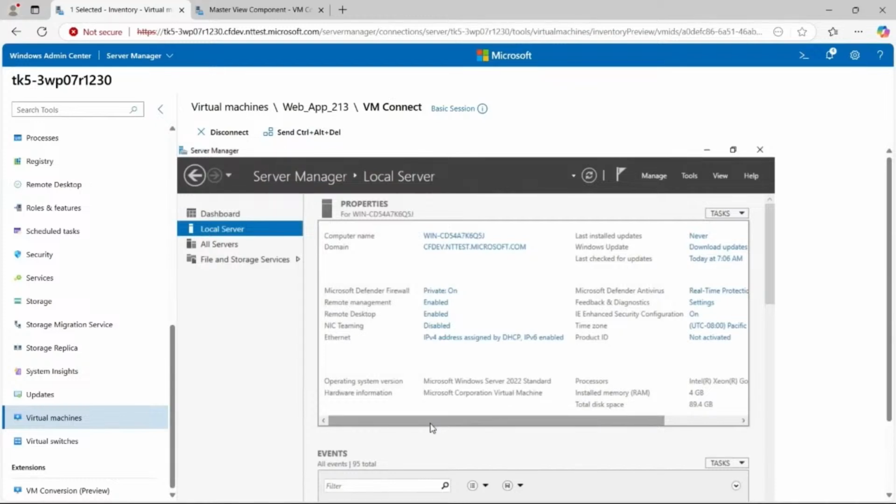So we are super, super excited by this new workflow that we are introducing in Windows Admin Center, and we are looking forward to feedback from partners and other customers who are going to get this